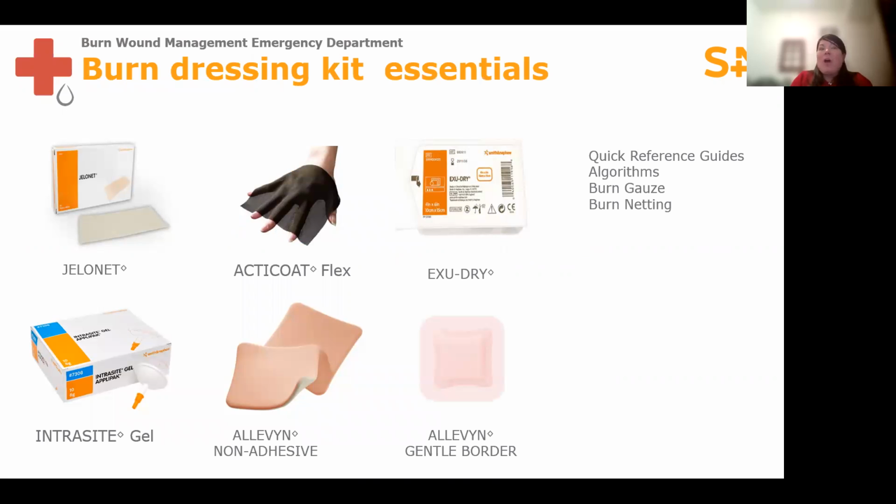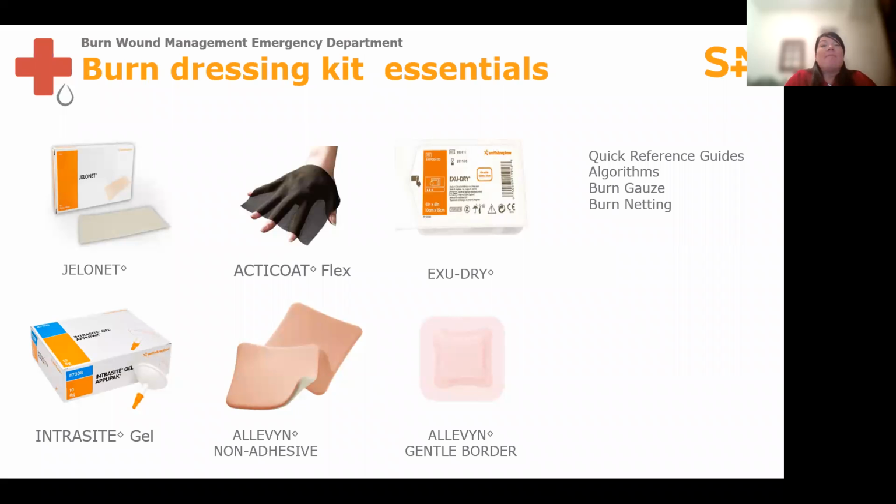So back to talking about how to be prepared, the products that you see on the screen are Smith and Nephew's products that you potentially may want to have as a burn dressing kit, or have available somewhere within your emergency department, so that when a burn survivor arrives, you're ready. So some of these dressings and resources would include having the quick reference guides,